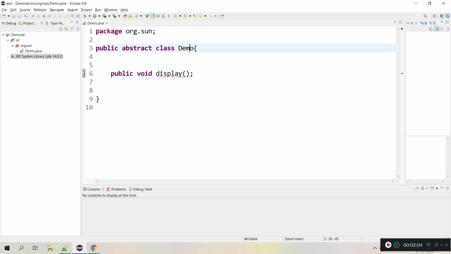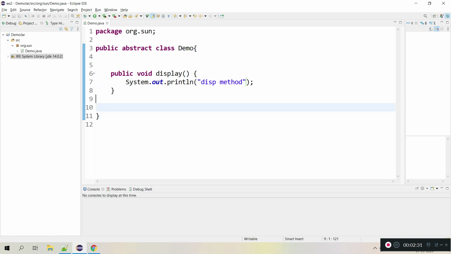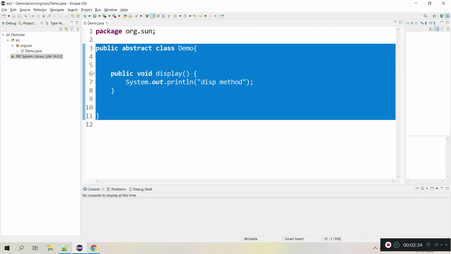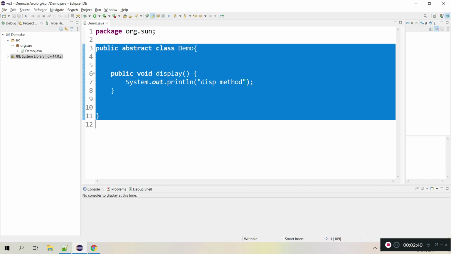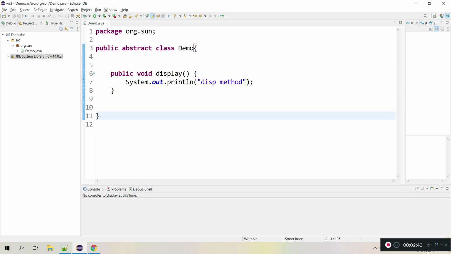At that time I should go for an abstract class because my class is not 100% implemented. And even if I have implemented it, let's assume in some cases I have given some body here, I can still use the keyword abstract, saying you are not allowed to create an instance of this class right away. You need to extend this class. Through inheritance you can get this behavior and create an instance, not directly. In that case also we give the abstract keyword.